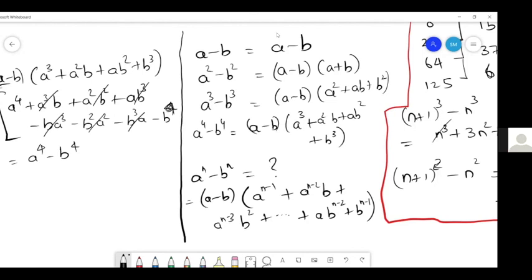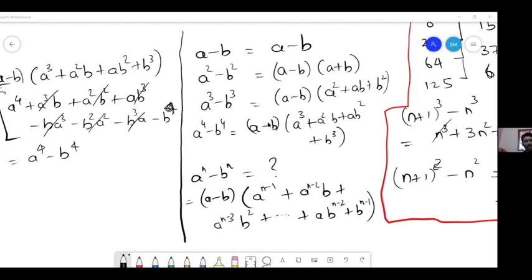See, you are multiplying by A and you are multiplying by minus B. So one term will be plus A square B. So it will be double. It will always be an even number of terms. It will not be an odd number of terms because you are multiplying by A minus B. Because you are multiplying it by A and then multiplying it by minus B, there will always be an even number of terms, whatever the number of terms in the second bracket. Sorry for that confusion.